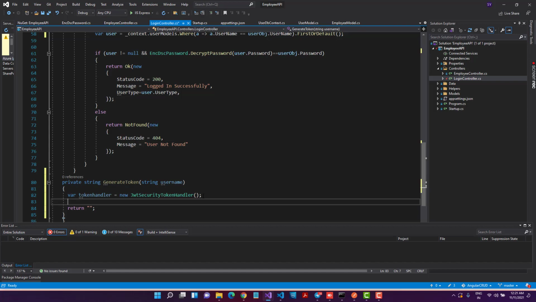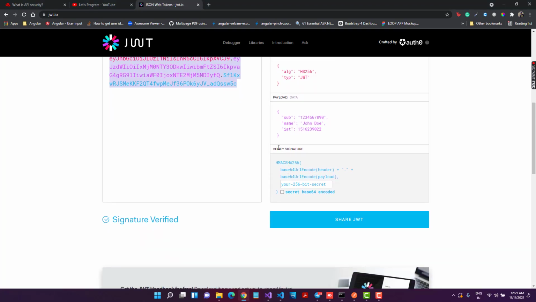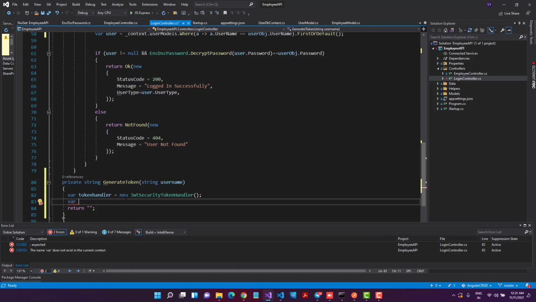What is the second thing I'll need? I need a security key. That key will be generated by us. We need to create a key that will be our secret key. We don't have to share it. Whatever security key is used, the signature gets created in terms of that security key, so I have to create it. The key will be created by us, so I'll say key equals